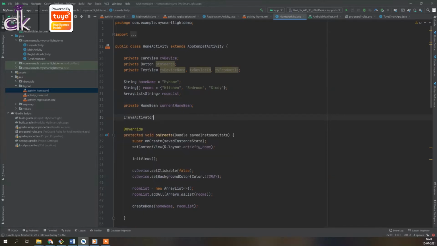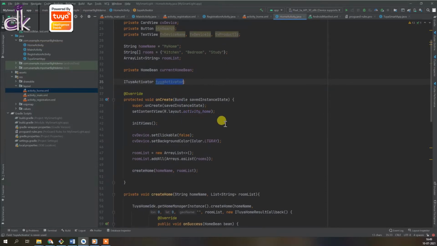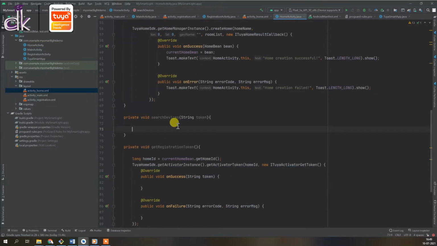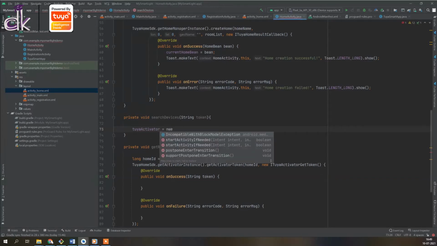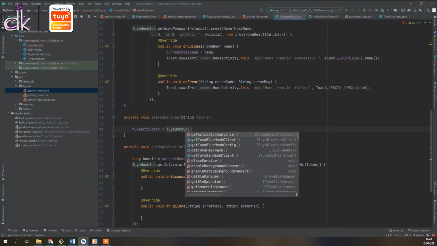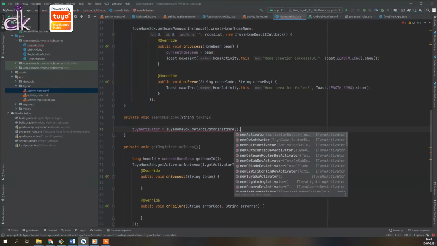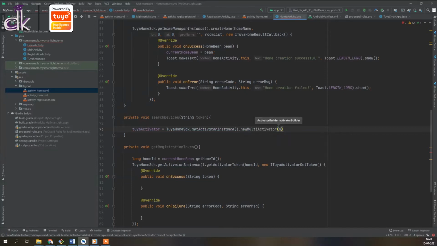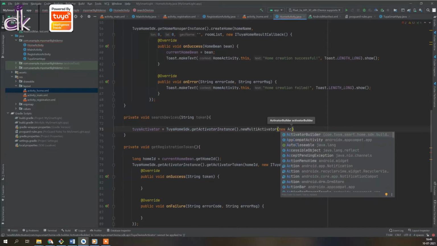So I2 activator, and I'm going to call this Tuya activator. And inside this, you just call new, not new actually, Tuya home SDK dot get activator instance dot new multi activator, and inside this just call new activator builder.